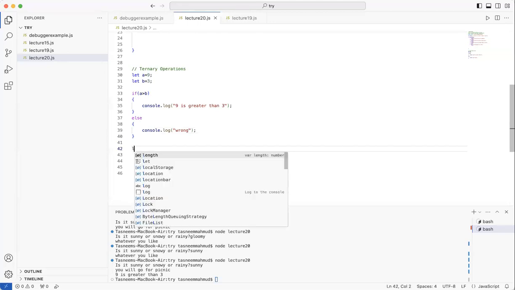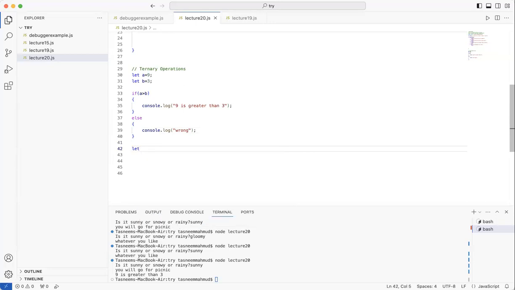So how do we do it? Let's take a variable over here. Let result is equal to, okay. So over here, what we are doing, we are assigning the result of whatever the condition is into this variable over here. Now, before we assign the result, we need to write down the condition.